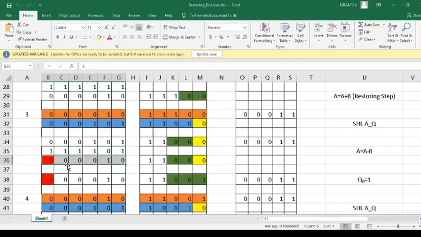Now from here, how will we proceed? We have to check for the sign of the result. So here the MSB field of the result is 0. So it means that the result is positive. So as it is positive, what is to be done? Okay, we have to fix the tentative bit of the quotient field as 1. Okay, so that is a change here. So our tentative bit for the quotient was 0 initially. Now as we observed a positive sign after the result of A equal to A minus B, we have to set it as 1. So we have set it as 1.